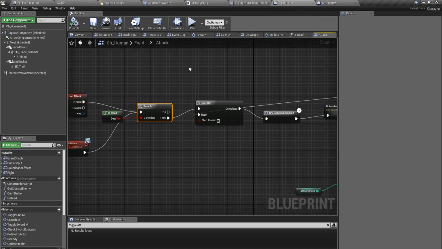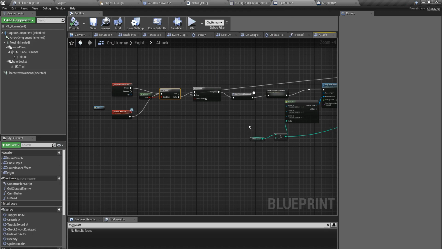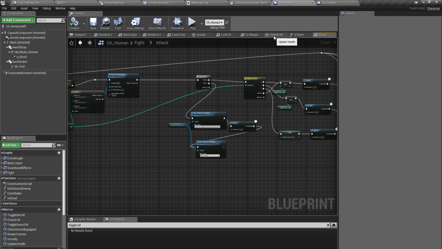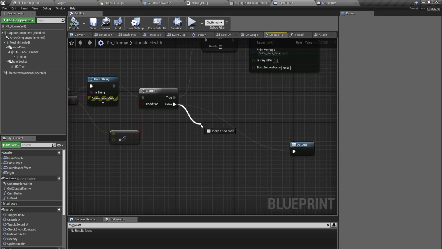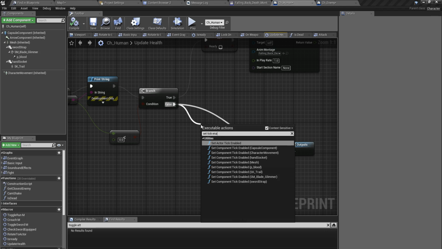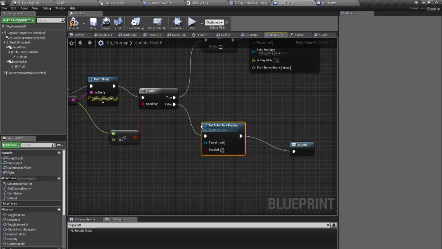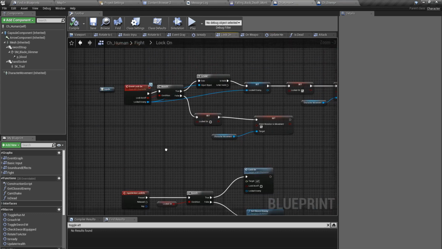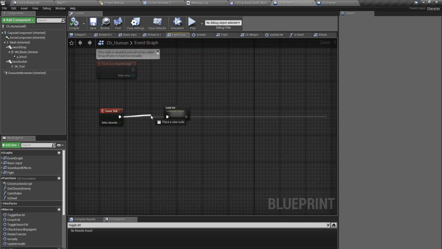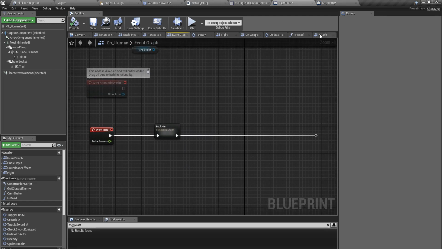One thing I can do is to prevent other odd behaviors when I am dying. I think I can stop the tick. Set actor tick. Yeah, I'll disable it like this, so that whatever happens in here will not take place when the character is dead. And also